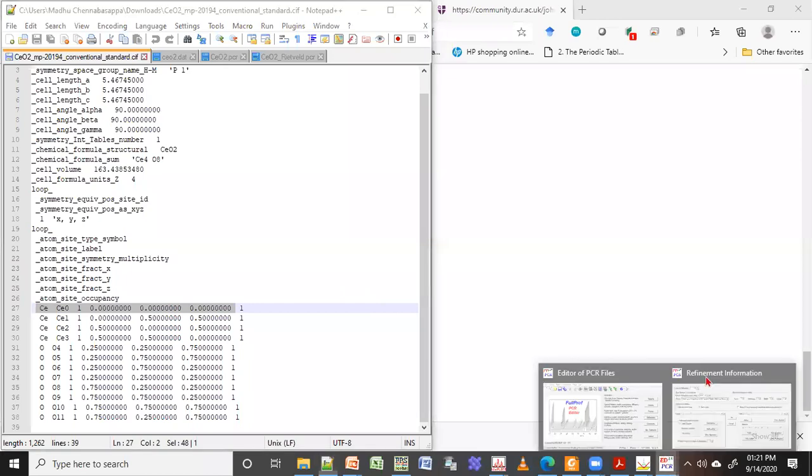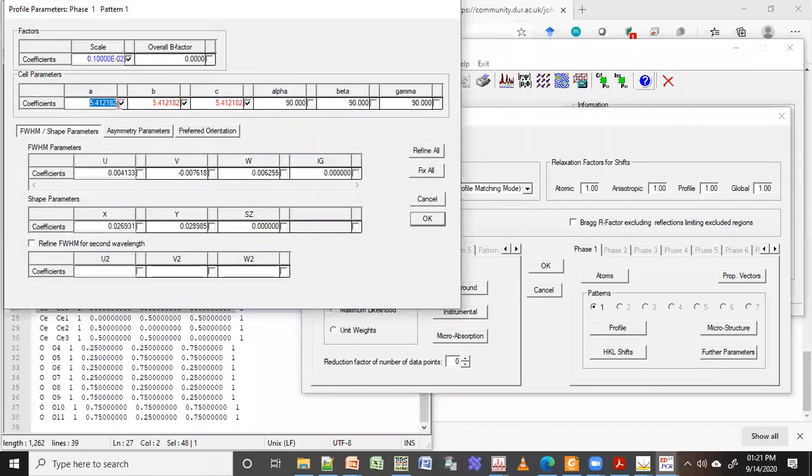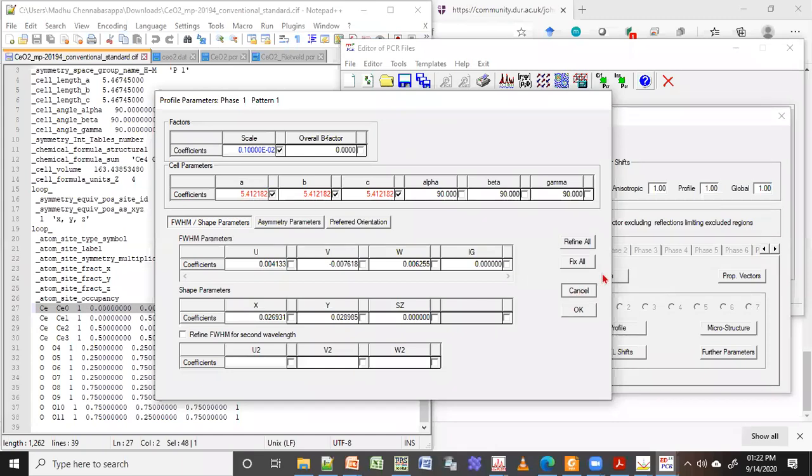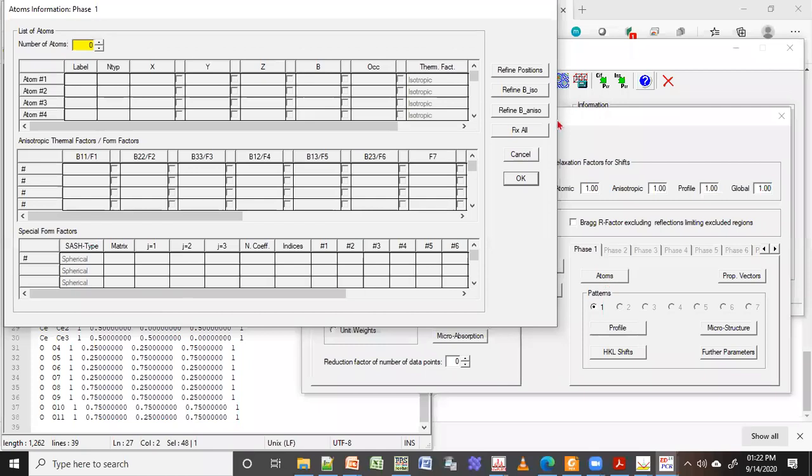So how to give this? You go back here. If I go to profile, I was able to give ABC and all those values. Instead of that, I'll go to atom.